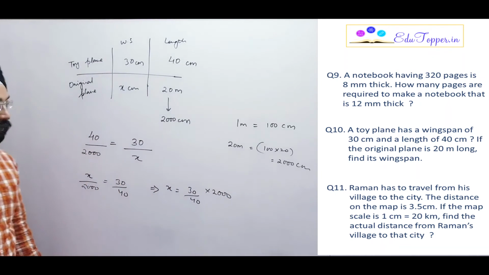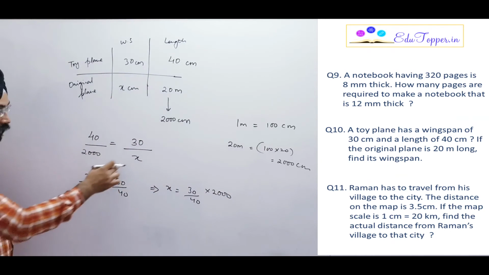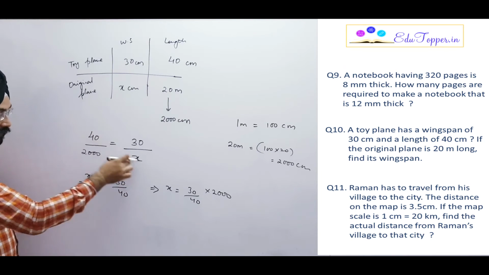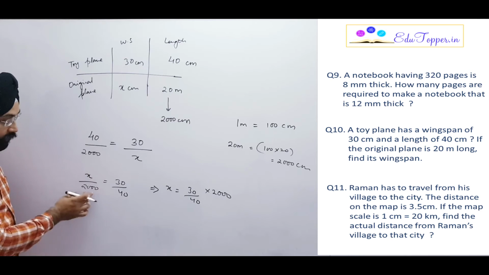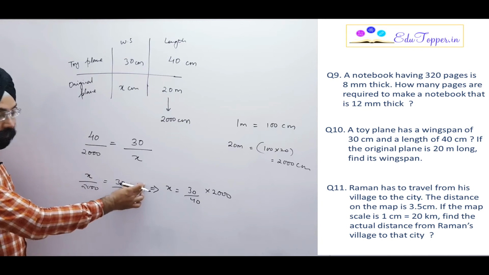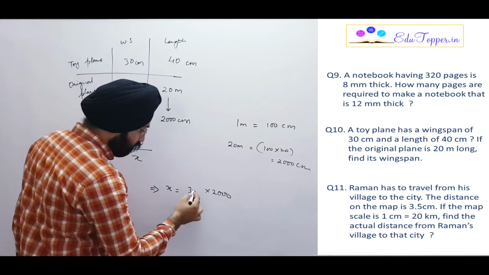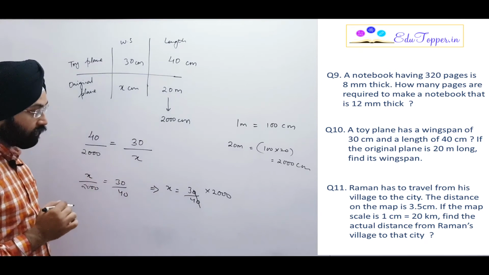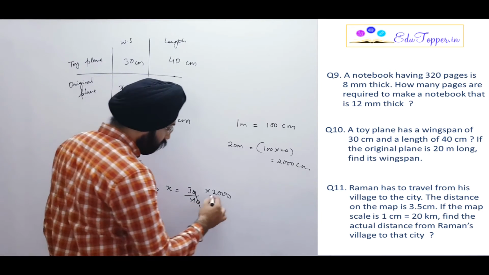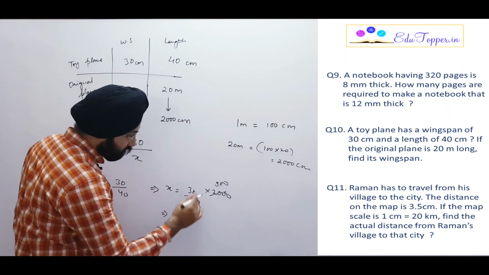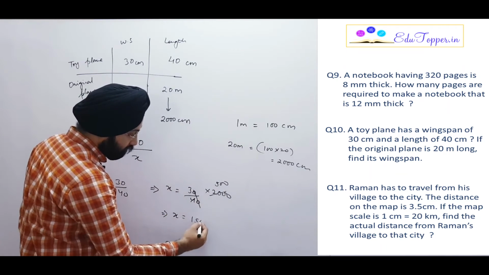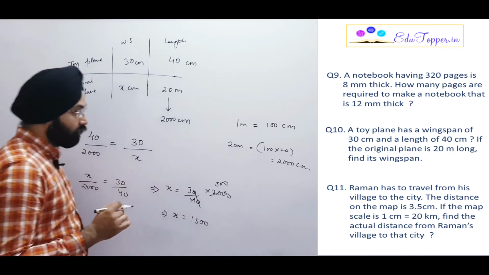I hope this is clear, right? X comes here, 40 comes here by cross multiplication. X has come here, 40 has come here. Now this 2000 will get multiplied here. So these two zeros can be cancelled out. 2000 by 4 is 500. So the value of x is 3 into 500, that is 1500,